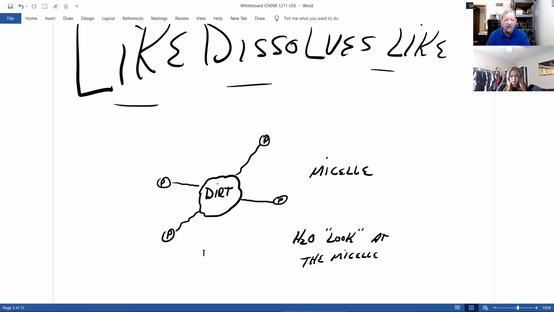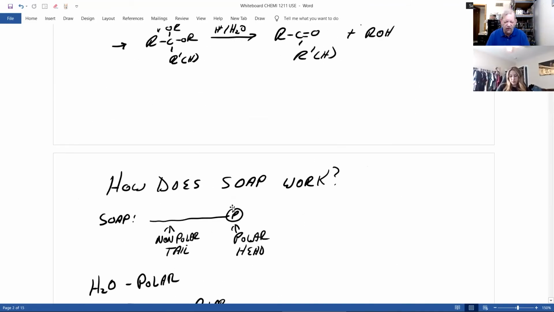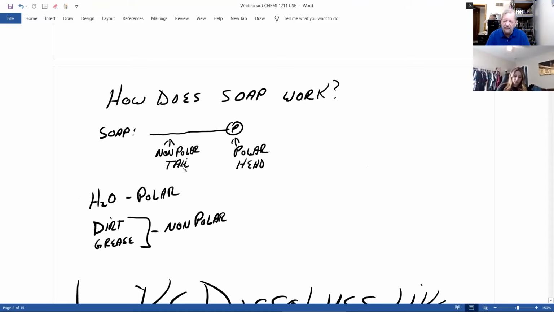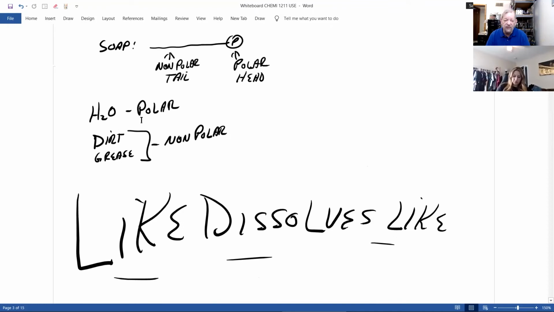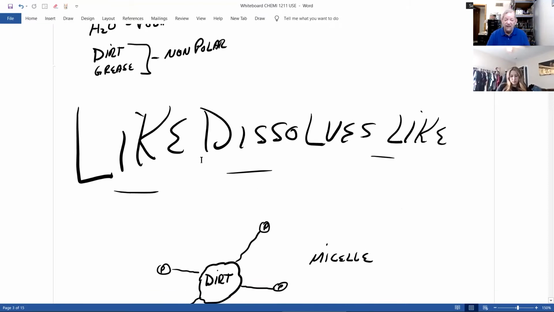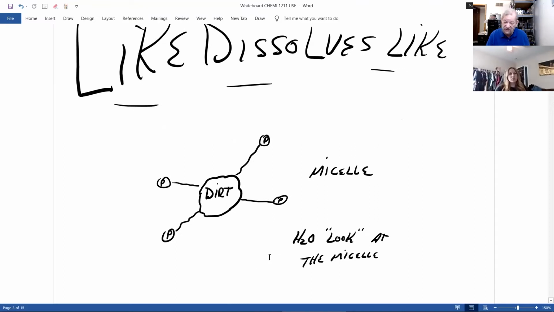And you should know this. Let's go through it again. How does soap work? Soap, nonpolar tail, polar head. Remember, water is polar, dirt and grease are nonpolar. And the key to this puzzle is like dissolves like. And what that means is things that are polar are soluble in polar things, things that are nonpolar are soluble in nonpolar things. And if you mix two together, they're not soluble. Well, water and dirt, that's why you can't use just plain water to get dirt off things,